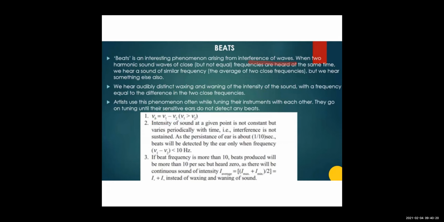Now, the intensity of the sound at any given time is not constant, but it changes with time, right? It is periodically changing with time, right? Next is, if the beat frequency is more than 10, then beats produced will be more than 10 per second, but heard as 0, as there is continuous sound of average intensity, that is (I max plus I min) divided by 2, right? So children, this is your beat,